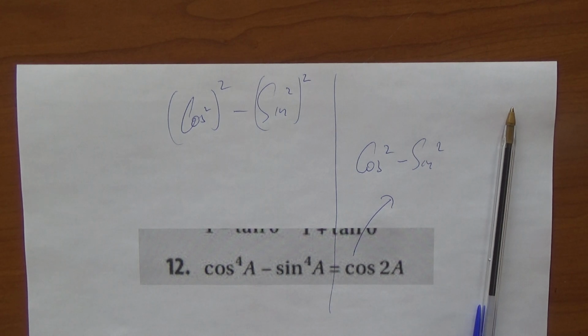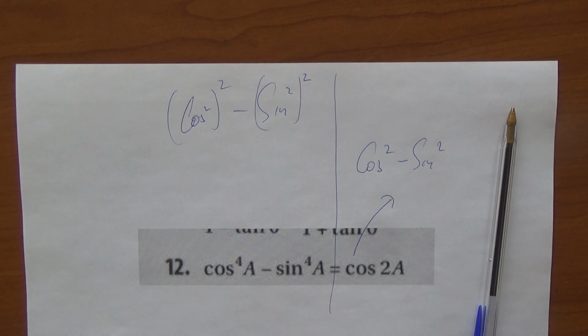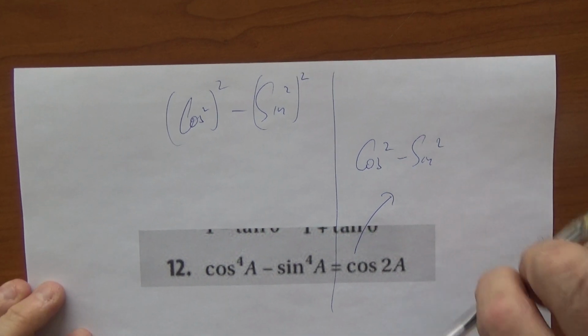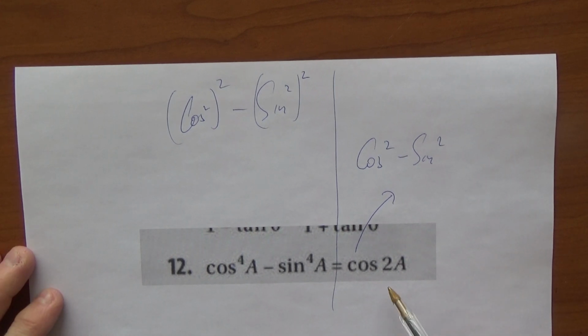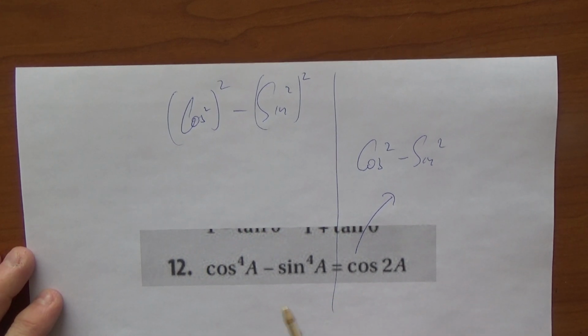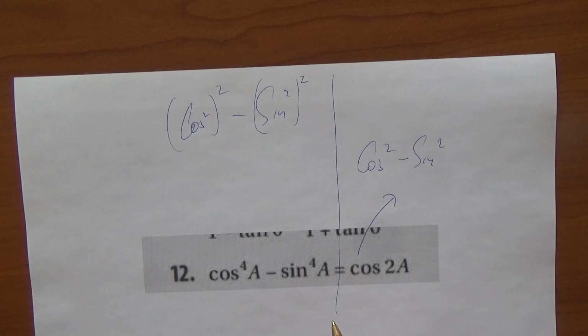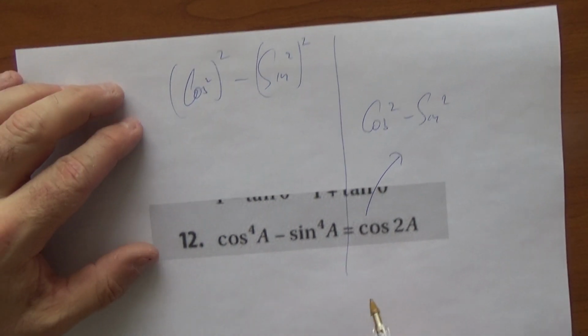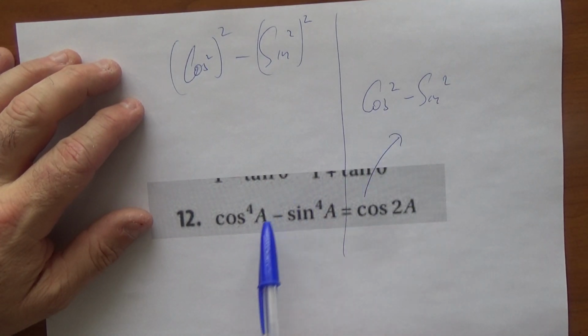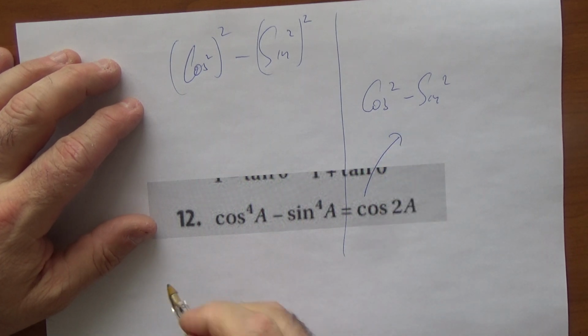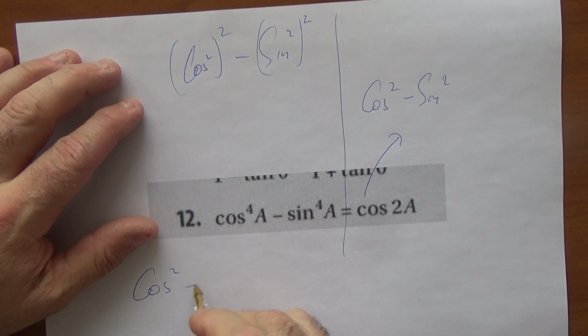I'd say that they're asking me to solve this rather than to show that it's an identity, and we'll come back to that later. It doesn't seem to make sense to me. Cos squared. Oh, it does make sense. Sneaky. Okay, so cos squared, it is cos squared minus sine squared, but we could just drop in